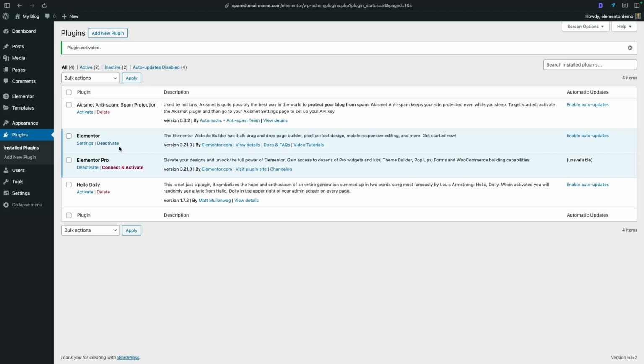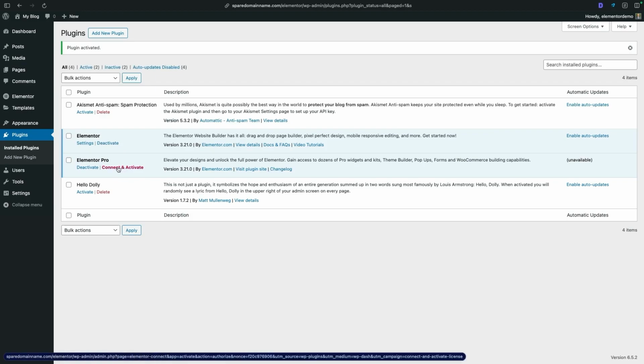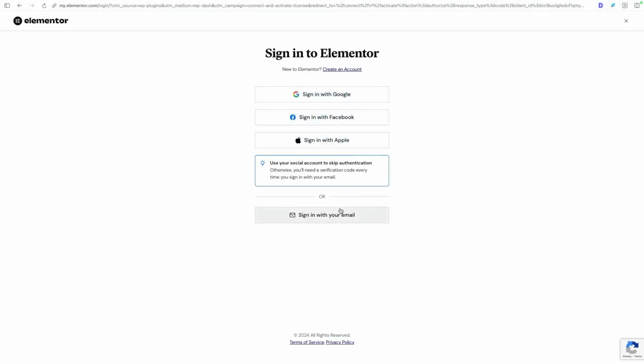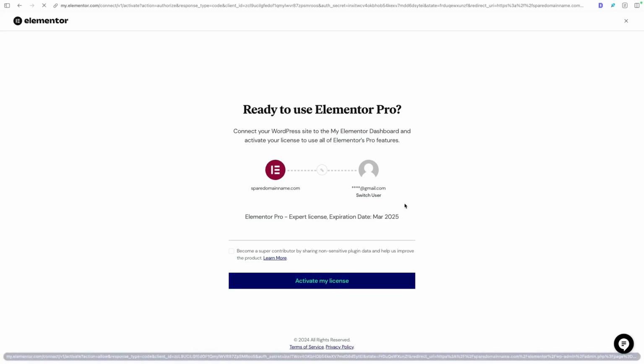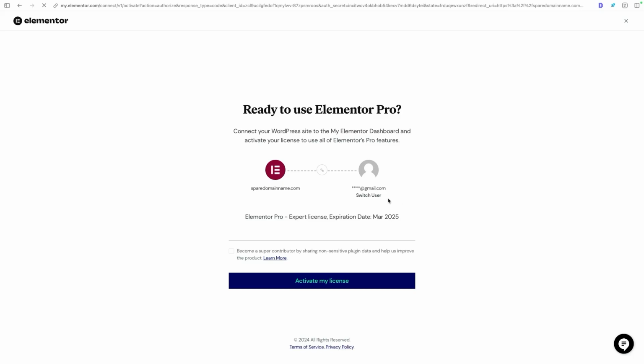So with the Pro version, I'm also going to activate it by going to this Connect and Activate link, and then signing in with my account details. Once you've signed in, you can click on this Activate My License button, and that should link your Elementor Pro